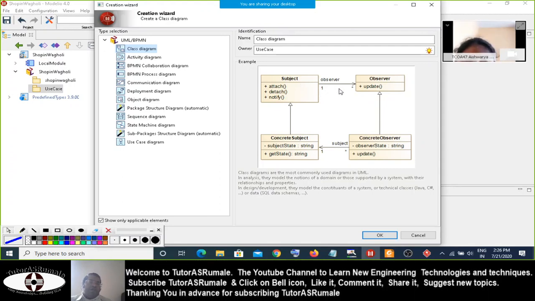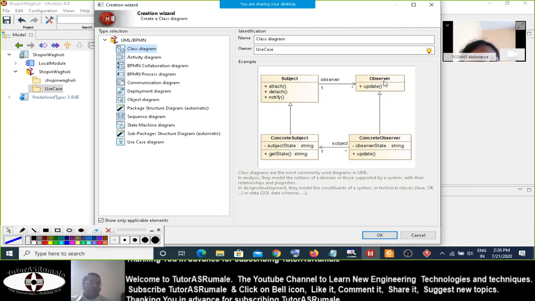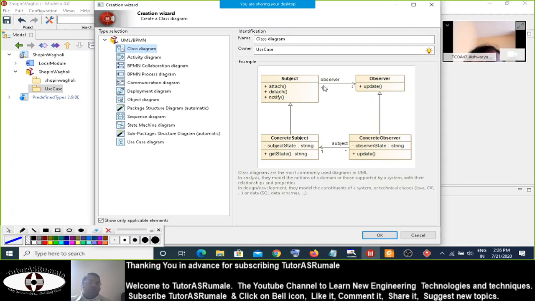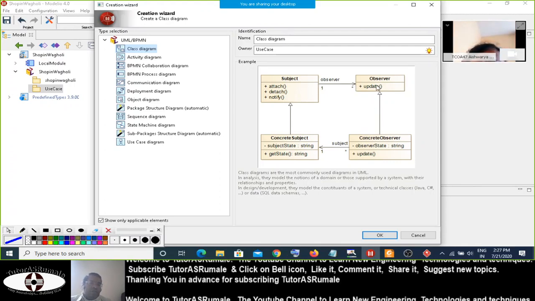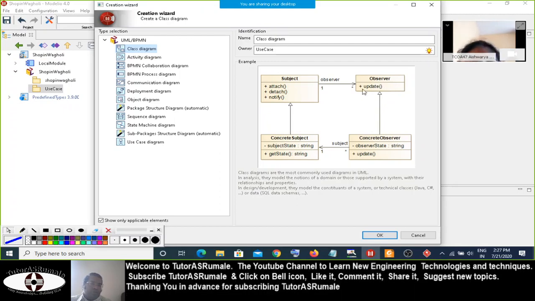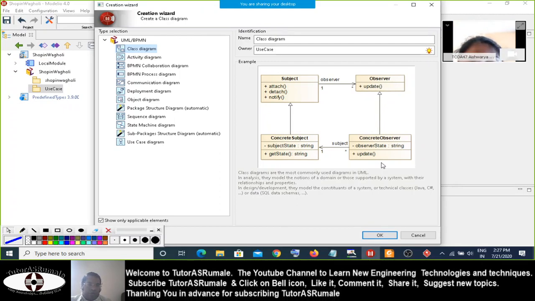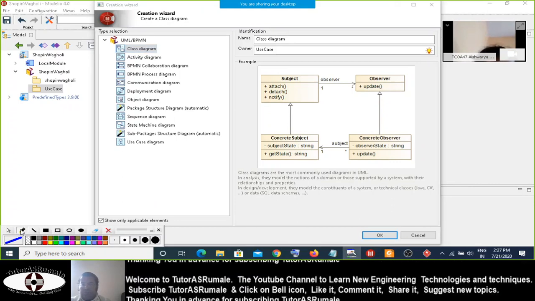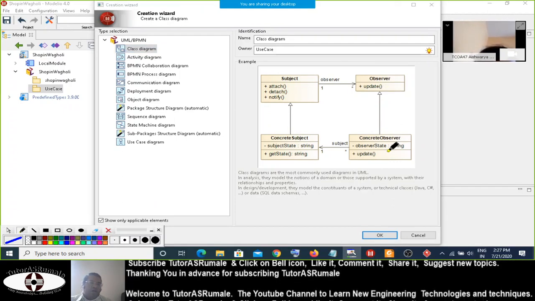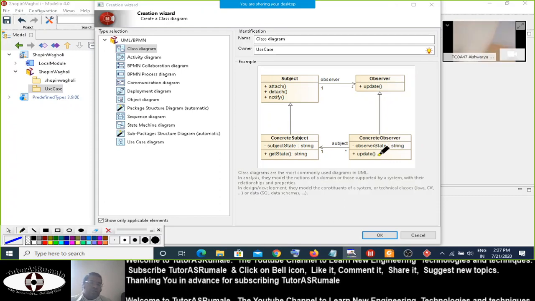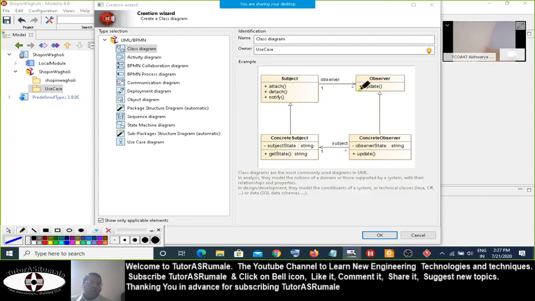So one subject can have many observers, where the observer updates the thing. So this is the association relationship. Concrete observer inherits the property of this observer, so this update operation is available with this concrete observer, because this update is actually inherited from the observer.